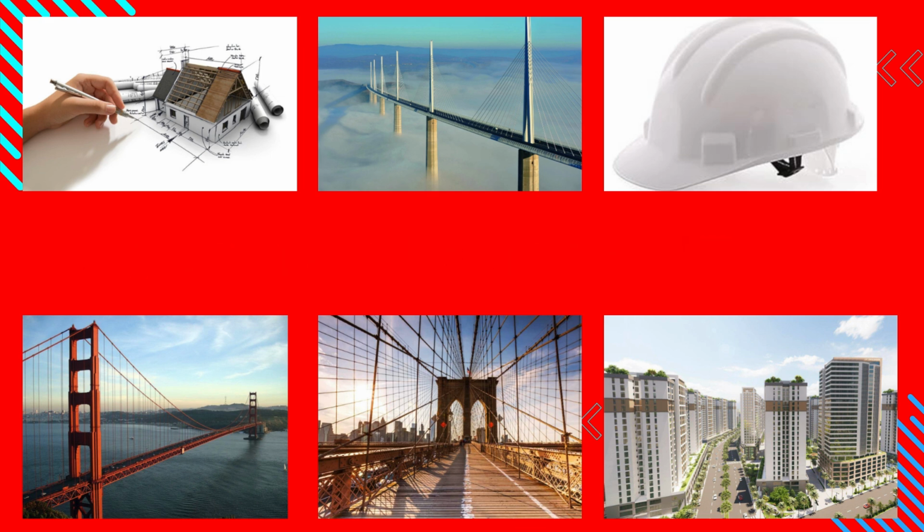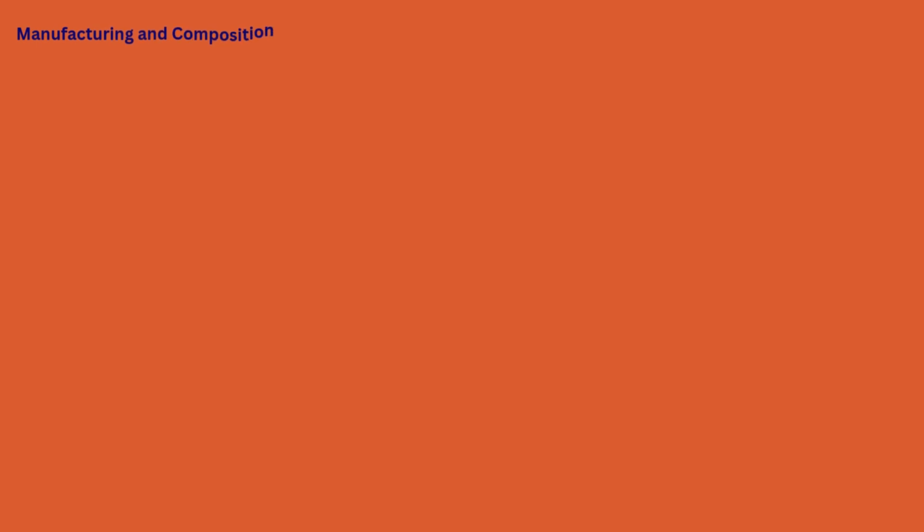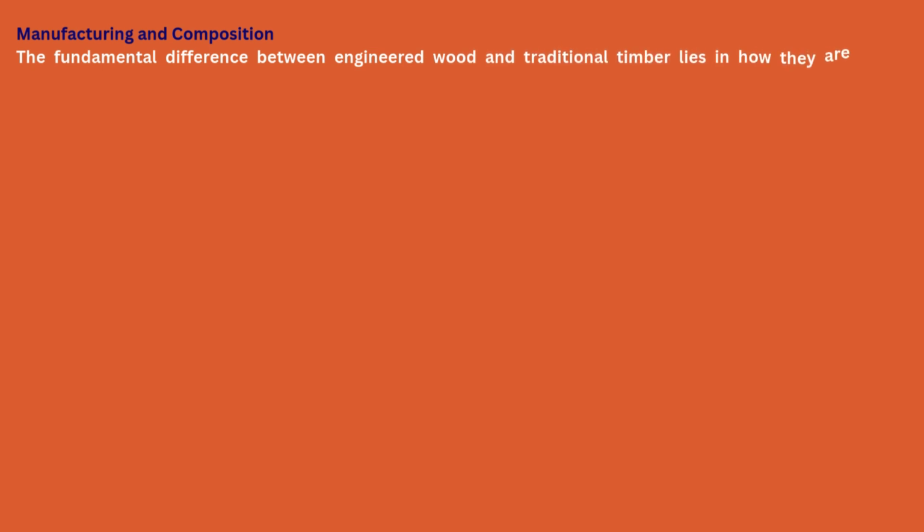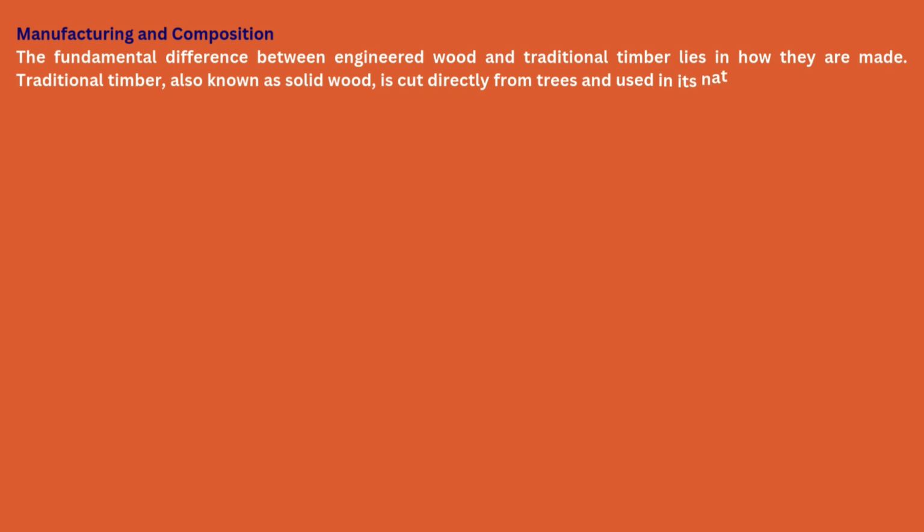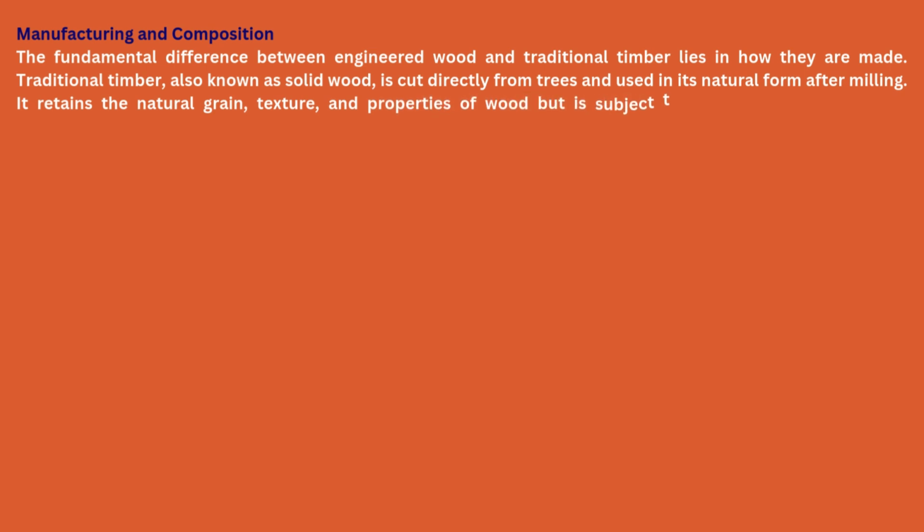Let's break it down. Manufacturing and composition. The fundamental difference between engineered wood and traditional timber lies in how they are made. Traditional timber, also known as solid wood, is cut directly from trees and used in its natural form after milling. It retains the natural grain, texture, and properties of wood but is subject to variations in strength and durability depending